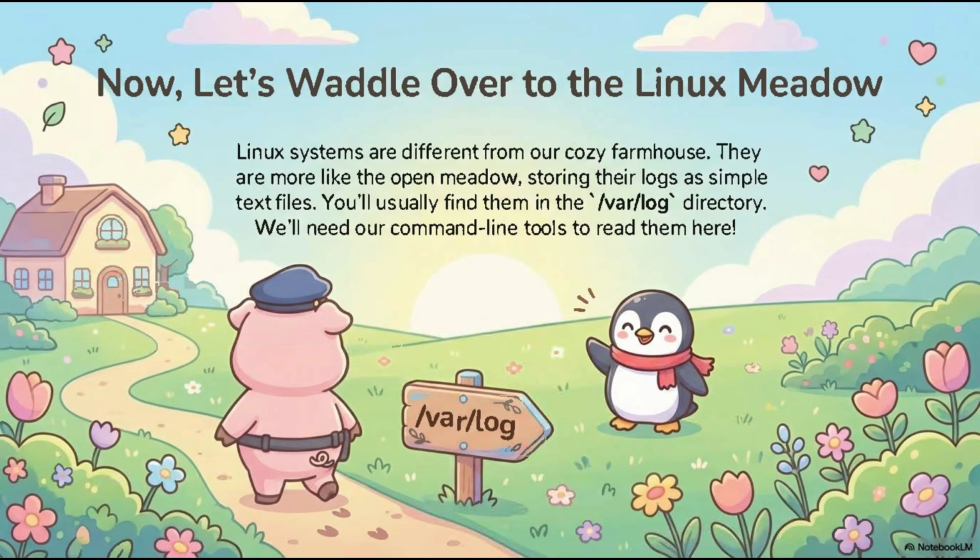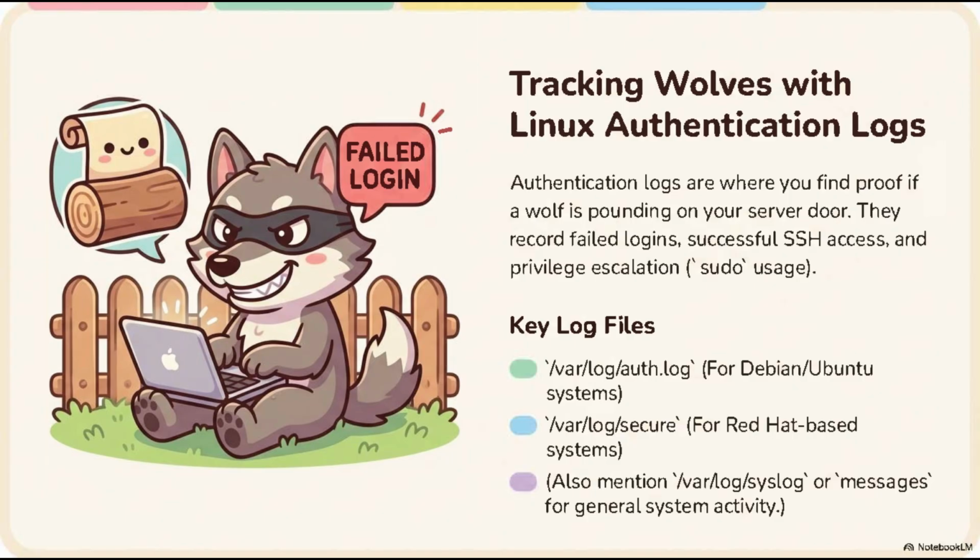Part 2. Linux Logs. Now let us waddle over to Linux. Linux systems do not use Event Viewer. They store logs as plain text files, most commonly located in /var/log. Logs are reviewed using command line tools, and on modern systems they are also managed by systemd and viewed with journalctl. Log locations vary by distribution, but Security Plus expects you to recognize the following: